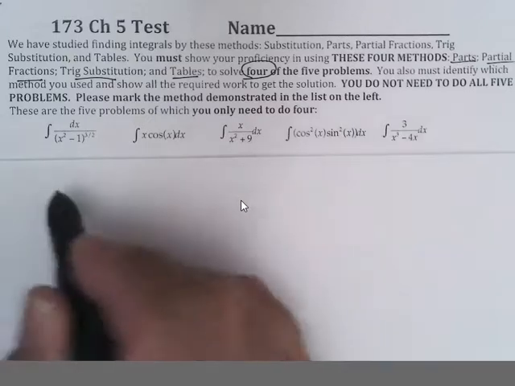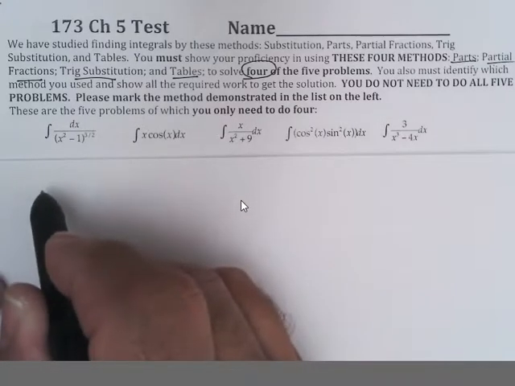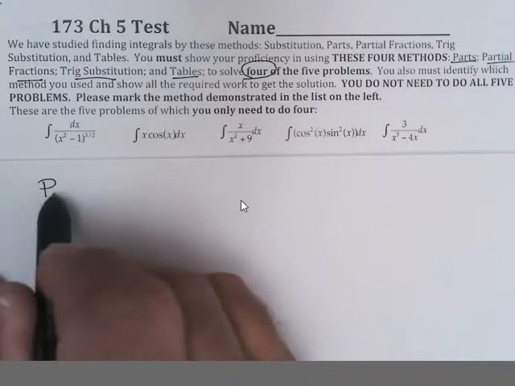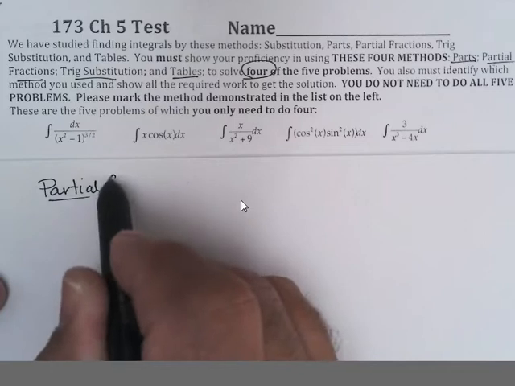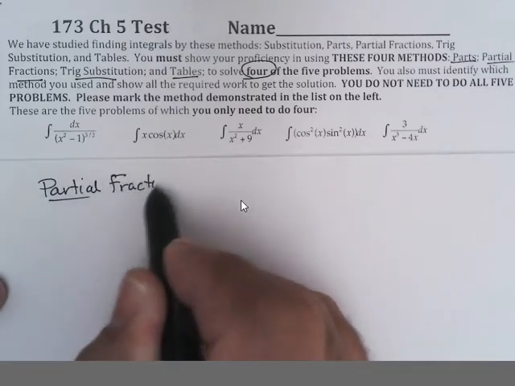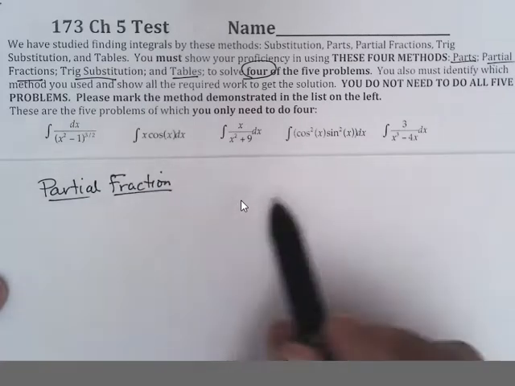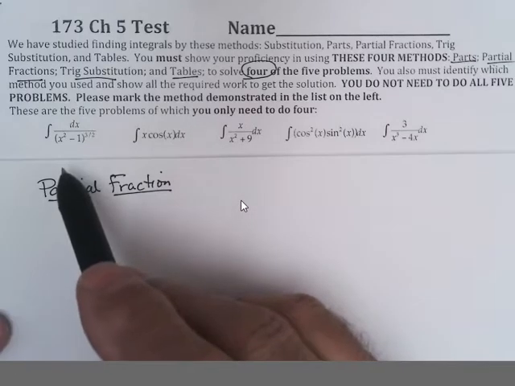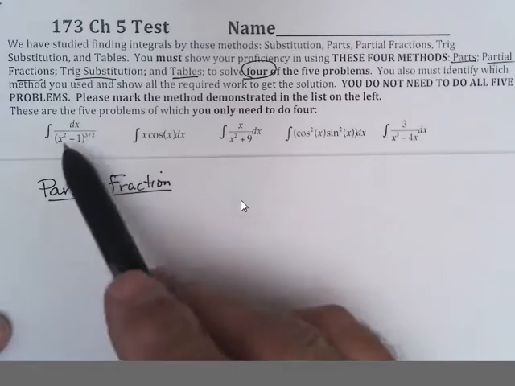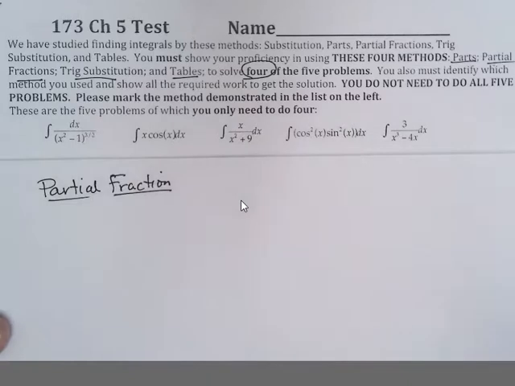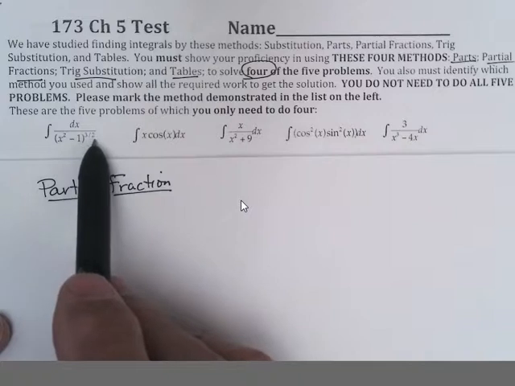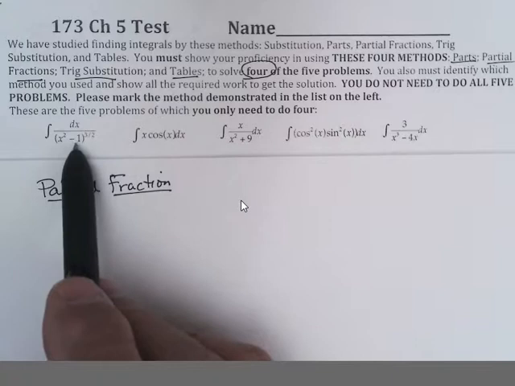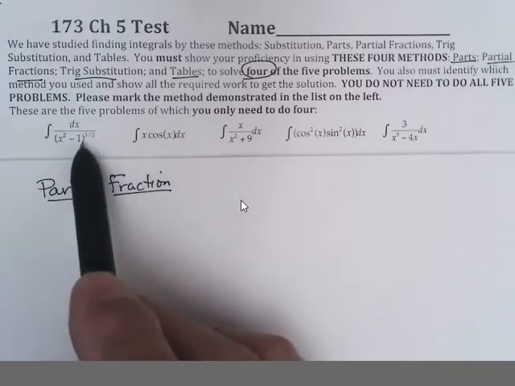Now, for me, my personal preference is to look for ones that can be done with partial fractions, because that needs some very specific things. Specifically, it needs to be able to factor a denominator. So first of all, there are only three of these that have denominators in them. This one, the denominator does factor, but it's got a square root. It's to the 3/2 power, which is a square root. Partial fractions, we don't deal with square roots